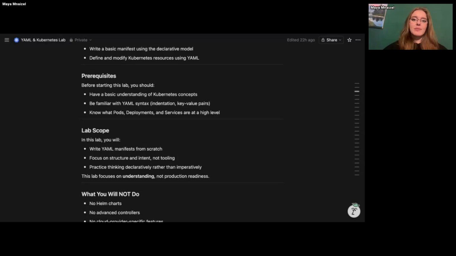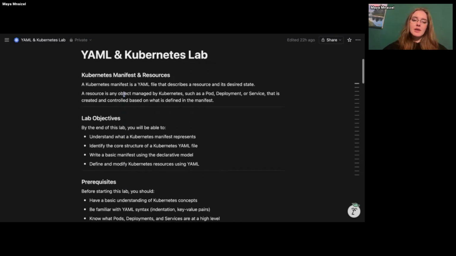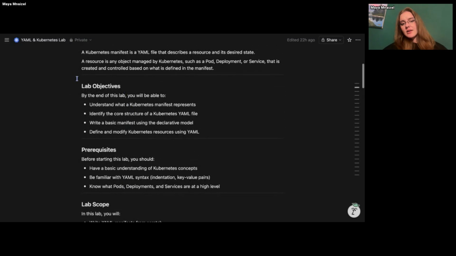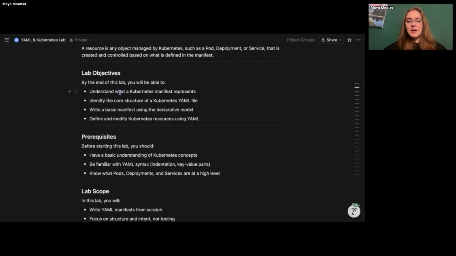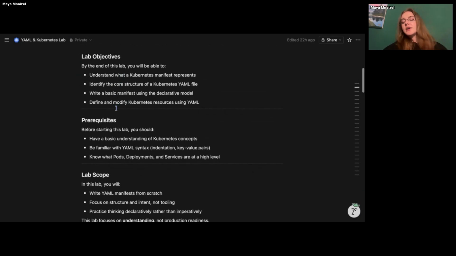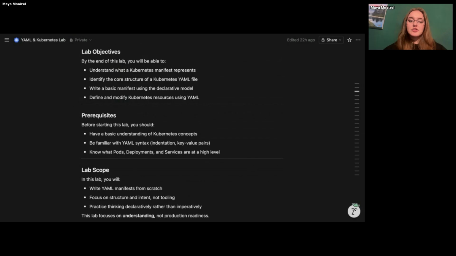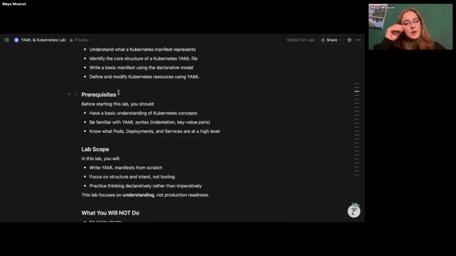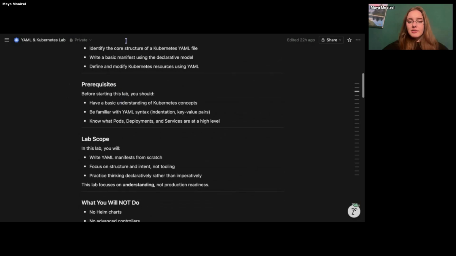Okay. So in this lab, you're going to understand what a Kubernetes manifest represents. You're going to identify the Kubernetes structure, and then we're going to write a very basic manifest using the declarative model. The prerequisites to having that is you need to understand